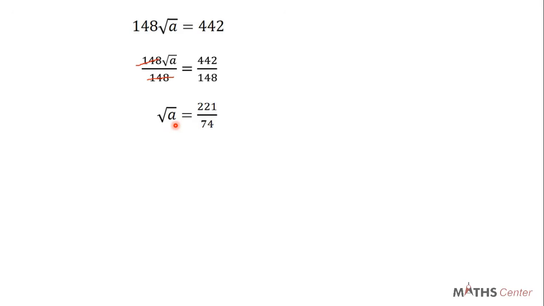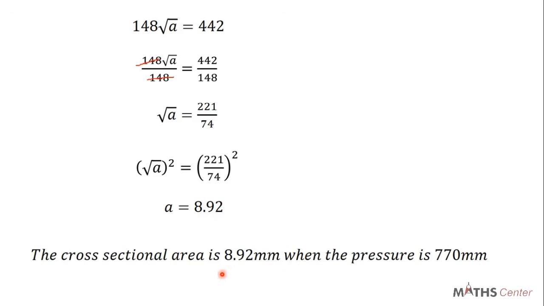In order to find the value of A, we need to square both sides. So we have square root of A squared is equal to 221 divided by 74 squared. Square root of A squared will give us A. If you find 221 divided by 74 squared on your calculator and you correct your answer to 2 decimal places, you have 8.92. Remember, the question said we should correct our answers to 2 decimal places. So A is equal to 8.92. This means that the cross-sectional area is 8.92 millimeters when the pressure is